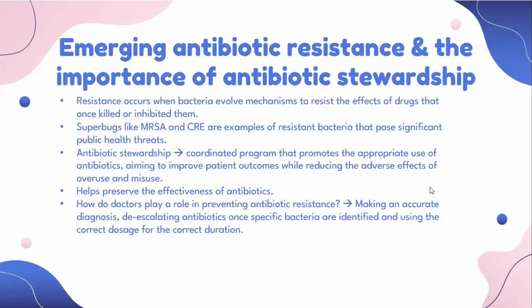I wanted to touch a little bit on emerging antibiotic resistance and why antibiotic stewardship is important. So basically, antibiotic resistance occurs when the bacteria evolve mechanisms to resist the effects of drugs that once killed or inhibited them. So this makes infections harder to treat, leading to longer hospital stays, more doctor's visits, and increased mortality. Superbugs like MRSA, or methicillin-resistant Staphylococcus aureus, and CRE are examples of resistant bacteria that pose significant public health